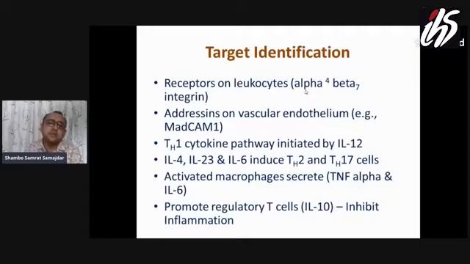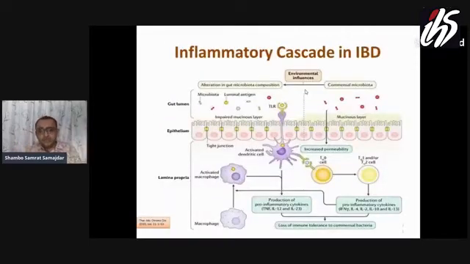And what happens? There is activation of macrophages, which secrete two important cytokines, TNF alpha and interleukin 6. There is one friend in our gut, interleukin 10 and transforming growth factor beta. If they act in a regulated way, they help by preventing inflammation. So coming to this picture, the inflammatory cascade in IBD, what I want to emphasize is the gut